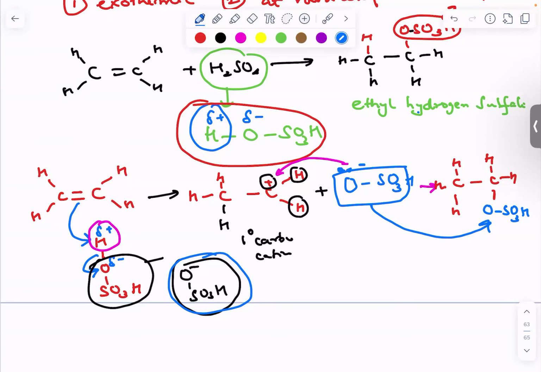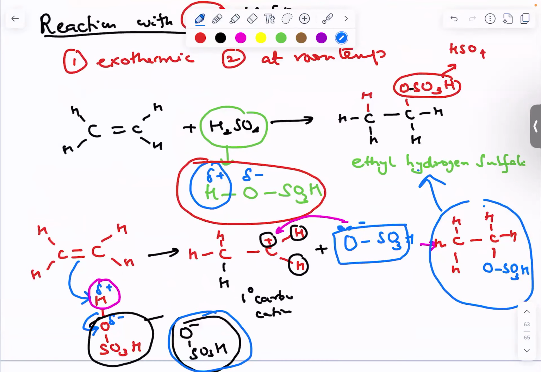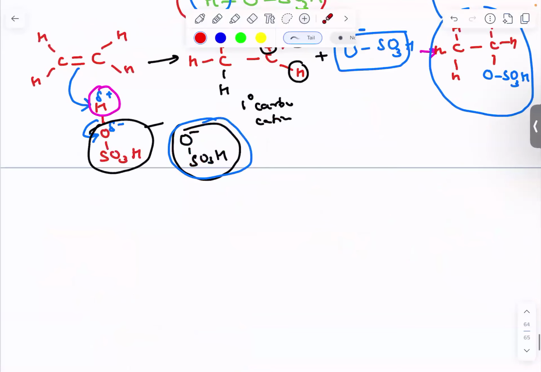So what has been formed? If when water is added to this product, now this is the product which we have got, right? This is the product we have got. Now, it is called ethyl hydrogen sulfate. I have already written the name ethyl hydrogen sulfate here. So have a look, because there are two carbon atoms, so this is ethyl and this is hydrogen sulfate. Now, this ethyl hydrogen sulfate, when it reacts